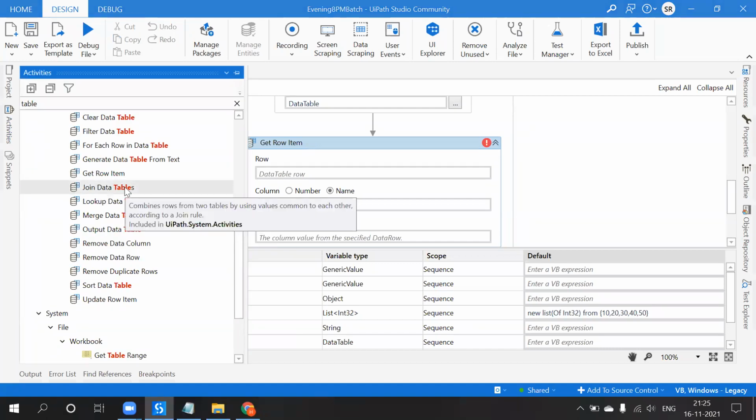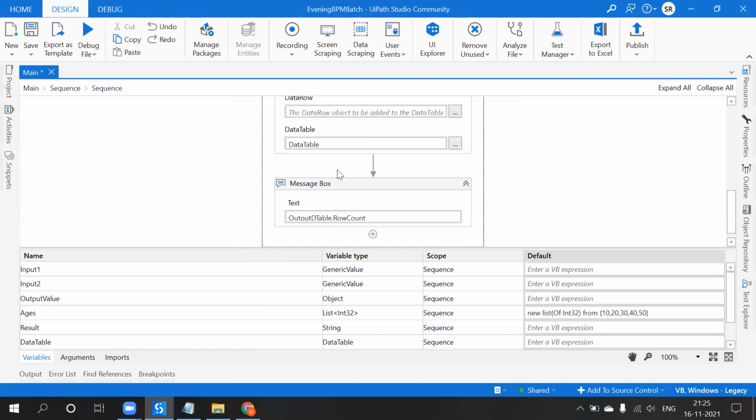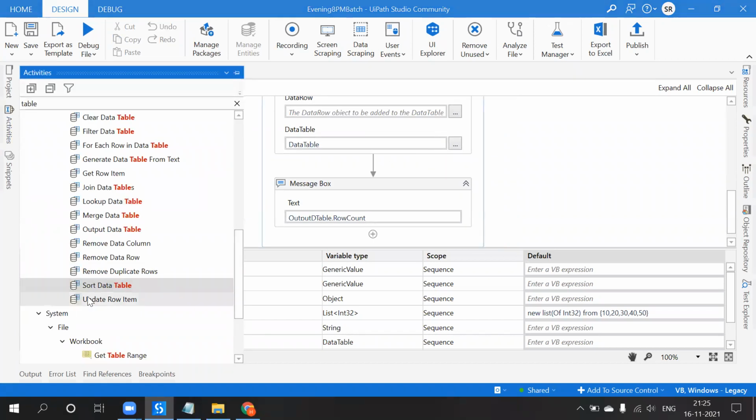Okay, so we will see sorting data table.